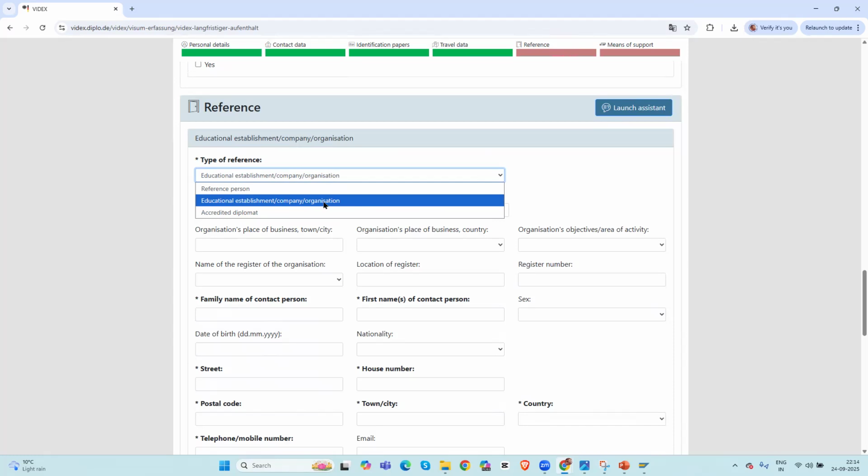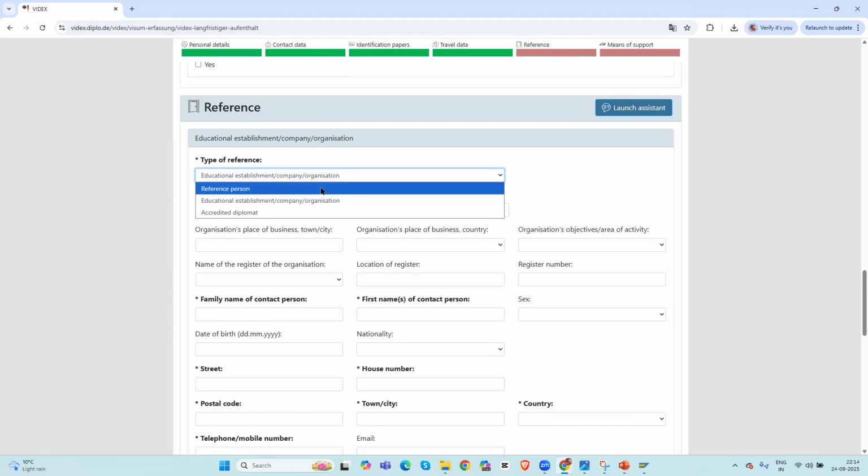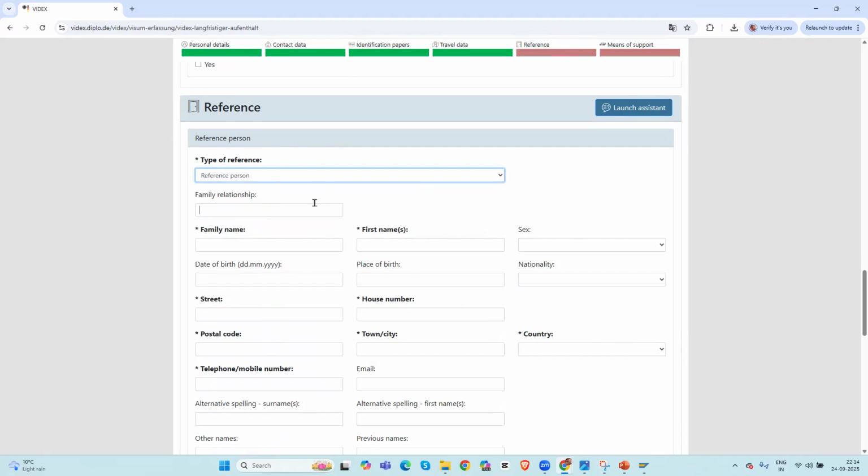Since I came on a dependent visa, I have selected reference person, family relationship, husband or wife, whatever applies. Family relationship, husband,